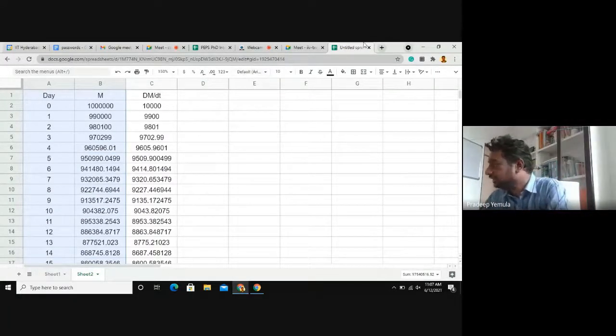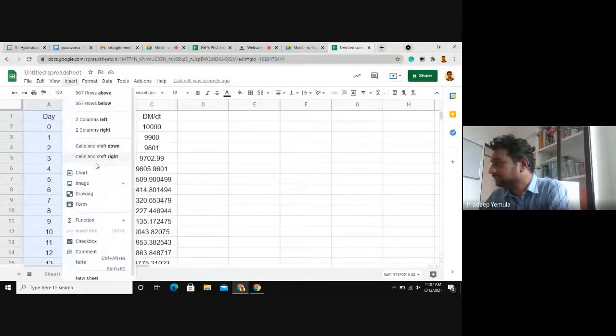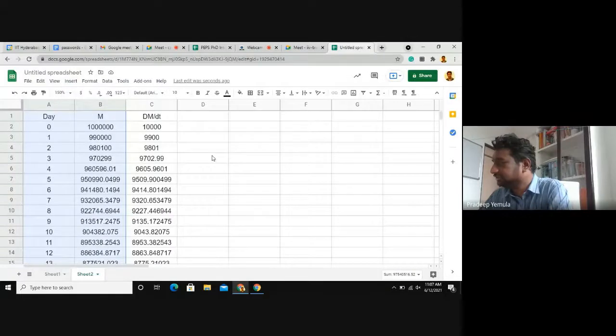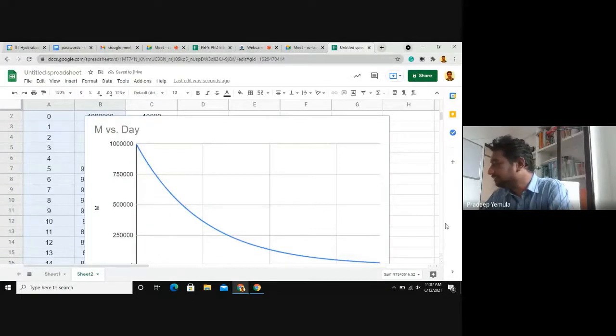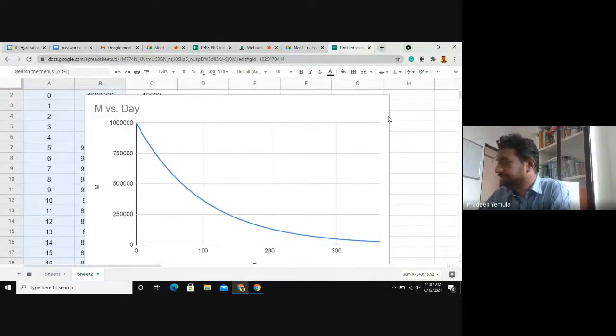So I go for insert chart. Again, you find exactly the same kind of chart. Earlier we did 300 seconds, it almost touched zero. Now 365 days, it's almost going down like this.